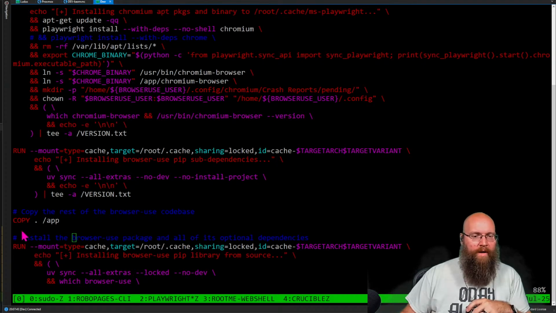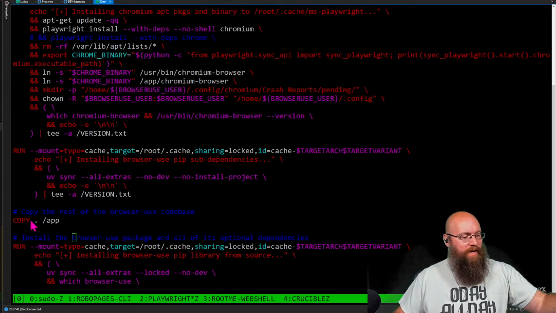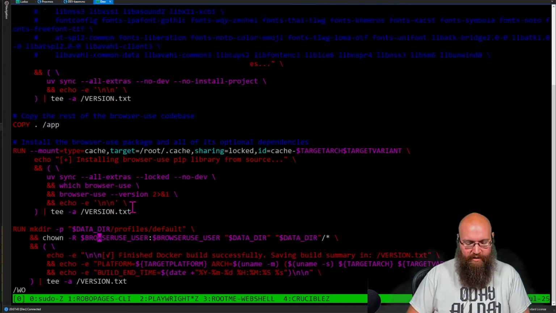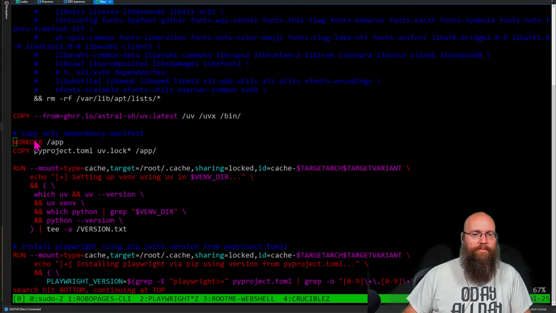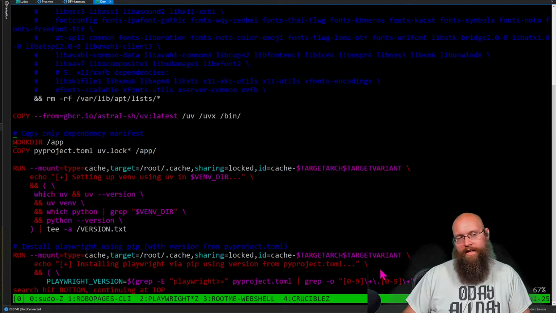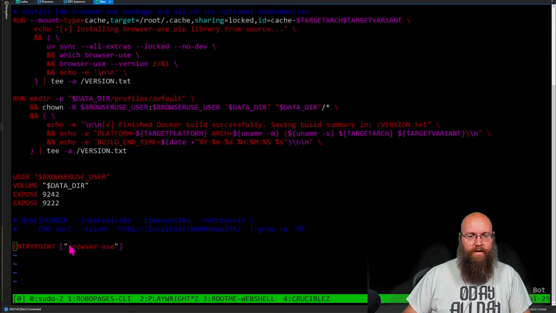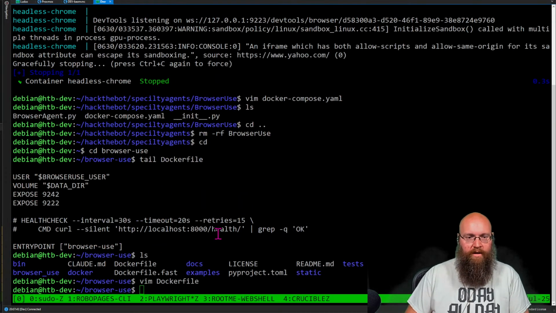Oh, there it is. Why didn't you register that? Yeah, so it's copying everything from here to /app. So probably it sets the workdir to /app too. Since it's copying everything from this directory over into there, we can just make entrypoint.sh. We can have it run what we want it to, which is going to be browser-use, and we just throw a --mcp onto it. So let's go ahead and do that.